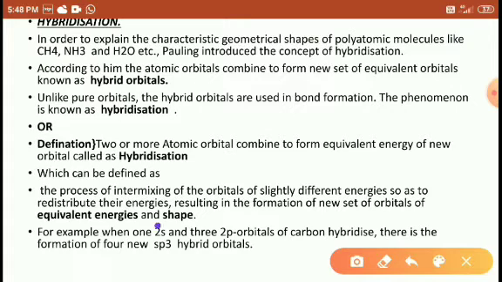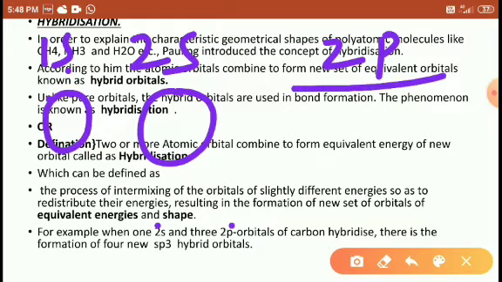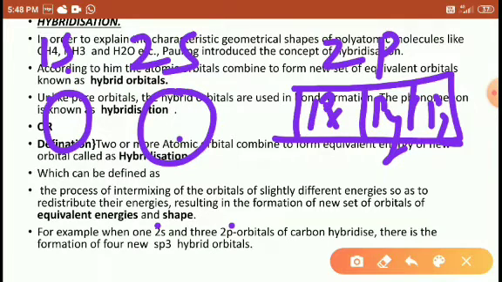Look here, 2s and 2p orbitals. Already we know 1s2, 2s and 2p. Why is it S? It is spherically rotated. P has 3 subshells in which electrons are rotated in different directions: the x axis, that is Px, and Py and Pz. So here the S orbital has 1 electron, and the P orbital has 3 electrons. Look here, these are the 3 electrons.